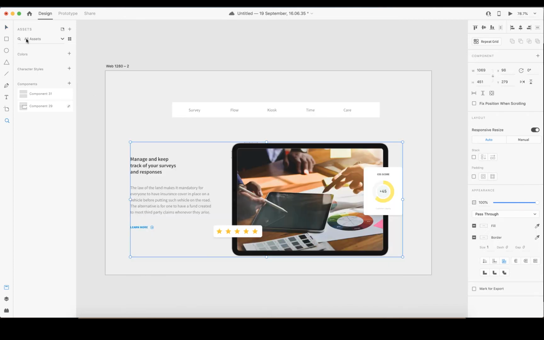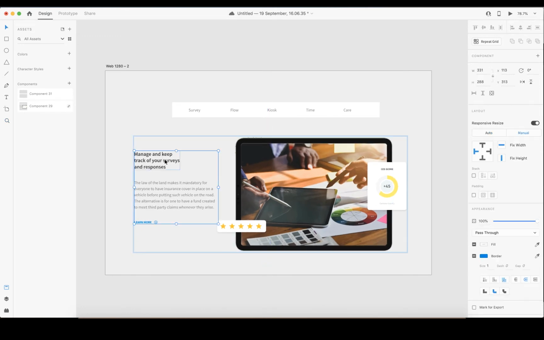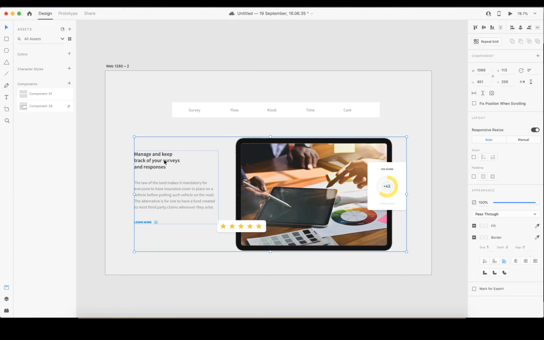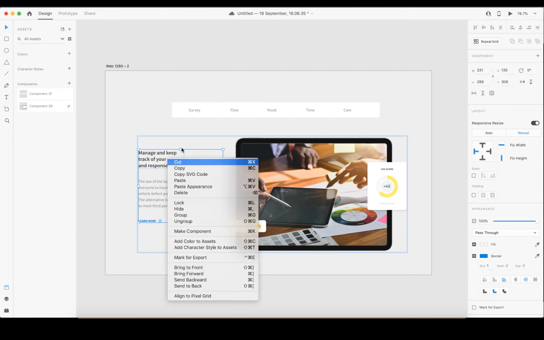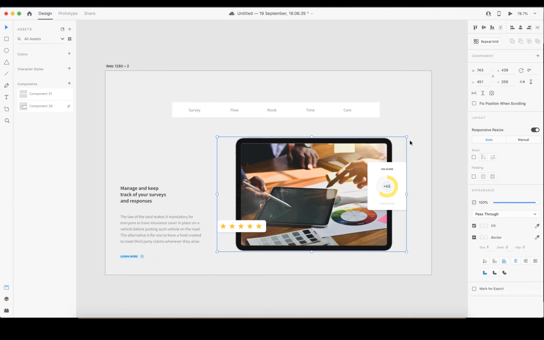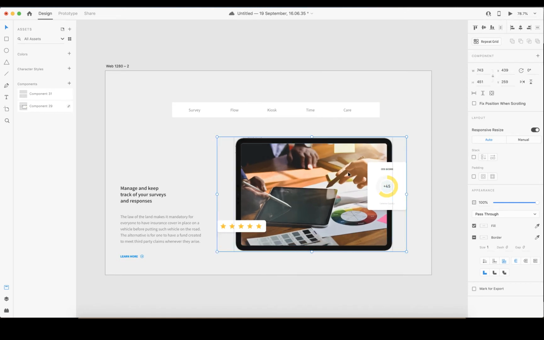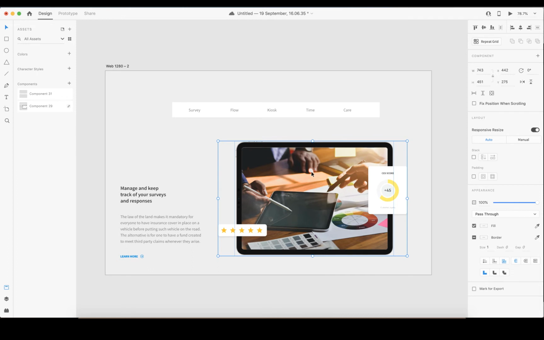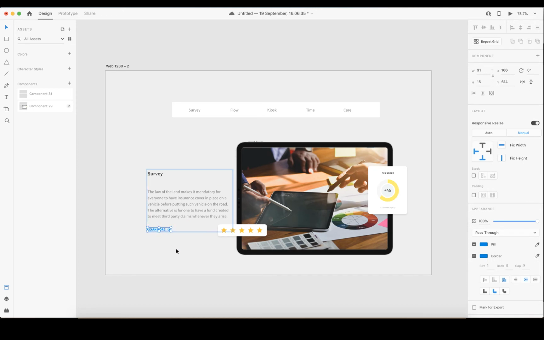Let me zoom in. If I drag this into the artboard, I have to take this text out. Let me cut this text, because we'll be dealing with them differently. So this is the image. You can click to reduce the size, or you can leave it that way. Basically, let's call this one Survey. Type your text, call it Survey. Let's just leave this lemon here.